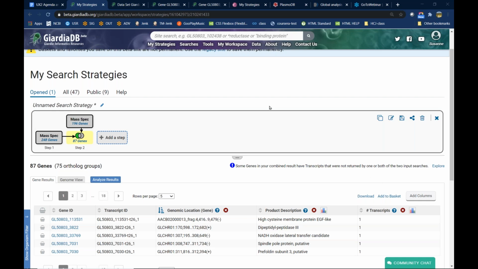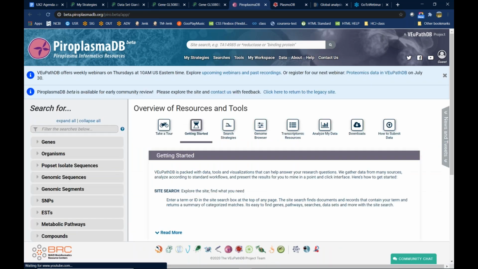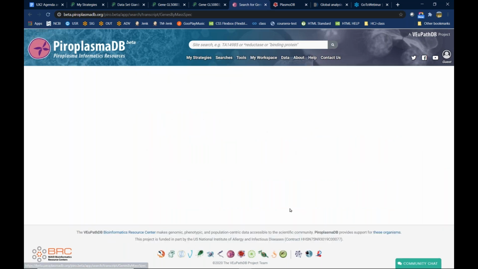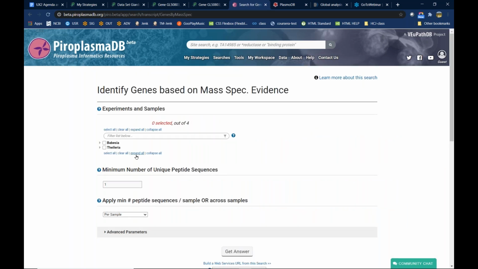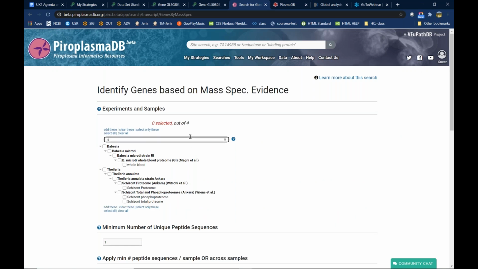Okay. So the next thing I'd like to demonstrate is in PlasmoDB, and I'm going to pretend I'm interested in Schizont proteins, and you don't really have to pretend about that, I guess. So I'm going to ask the question, what genes are expressed at the protein level in Schizonts? And I will go to my mass spec evidence search and look for an experiment to see if I have that. So I'll use the search for Schizont,